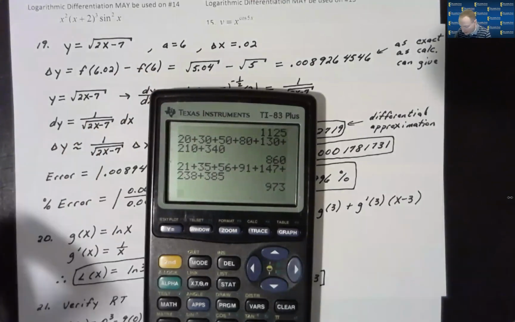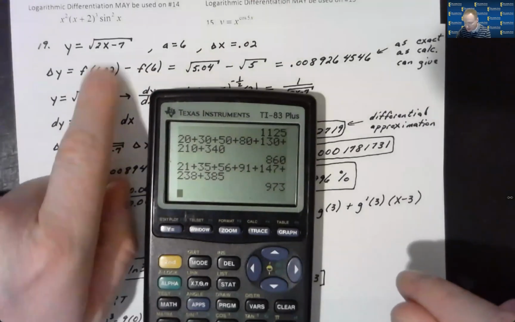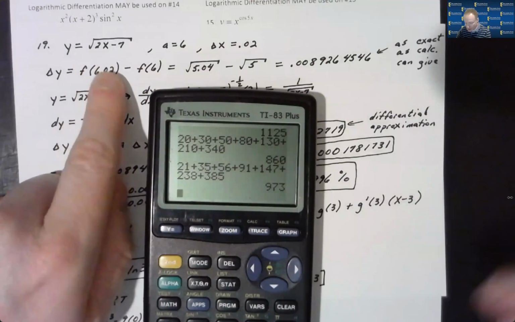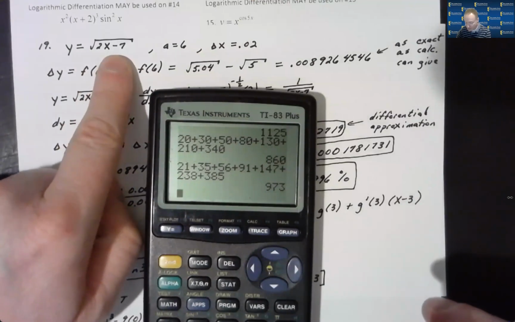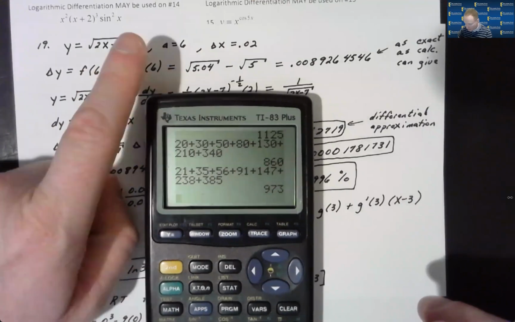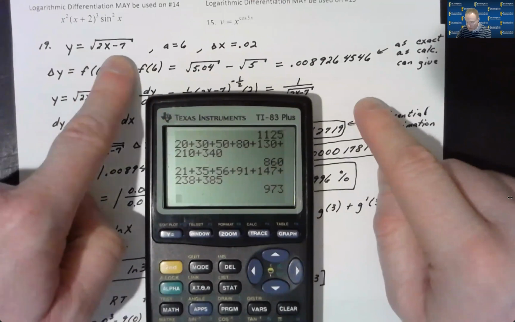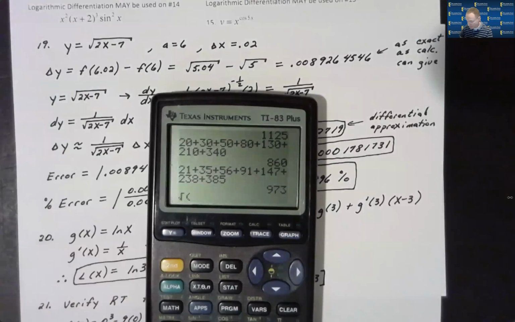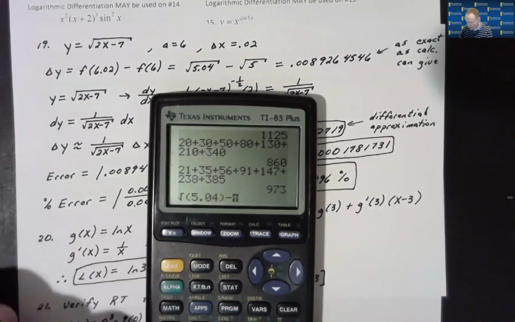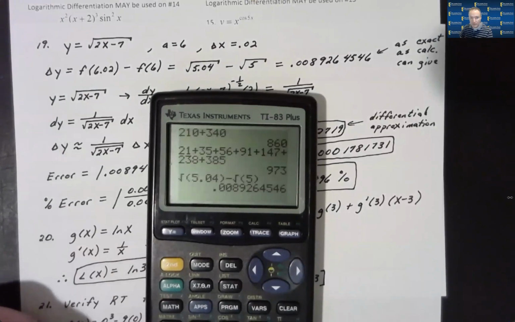Well, f of 6.02, if you plug that in, 2 times 6.02 gives you 12.04 minus 7 on the inside. That's the square root of 5.04. And then f of 6 would just be 12 minus 7, the square root of 5. Simplifying this, we get the square root of 5.04 minus the square root of 5. And that's going to give us